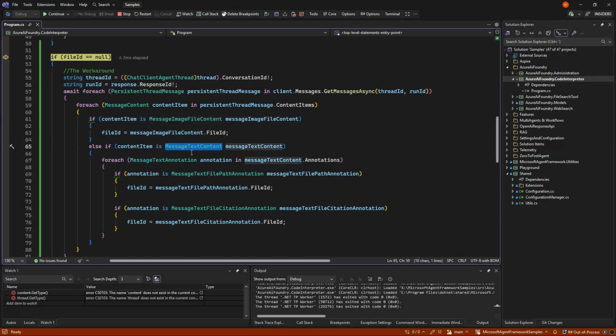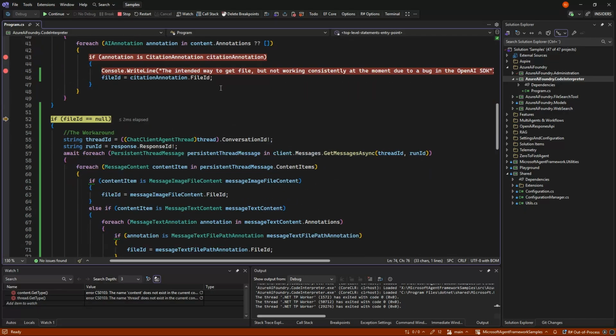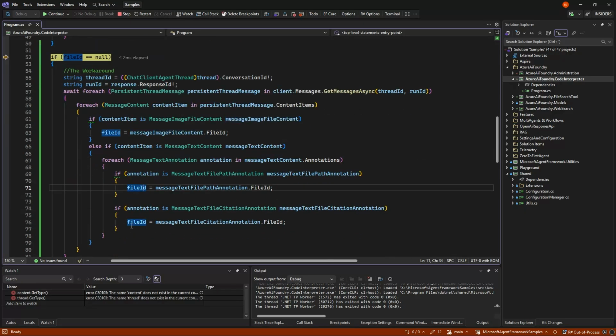Sometimes it's a message text content, which inside has annotations. That sometimes can be a message text file part annotation, and other times is a message text file part citation annotation. Yes, this is confusing, but this is actually needed in all the cases that this can get back. So it can come back like this, here, here, or here.